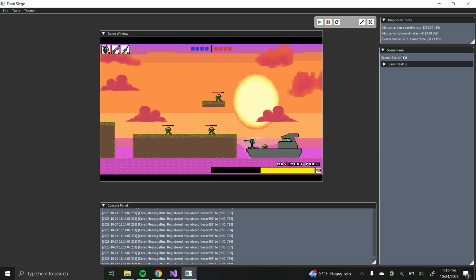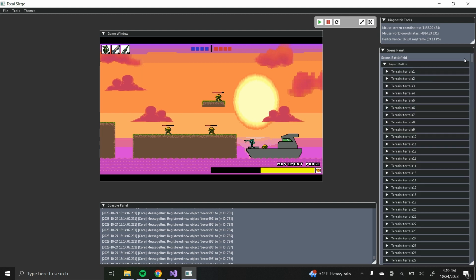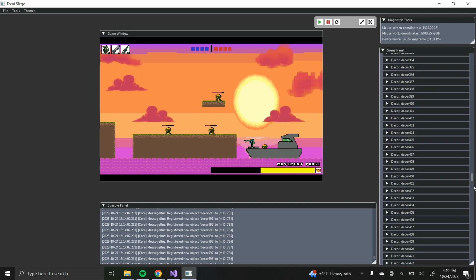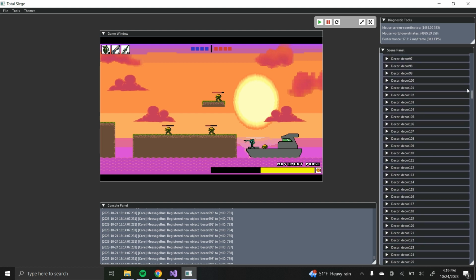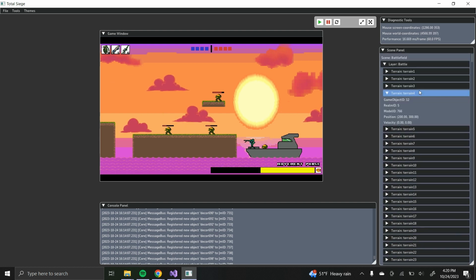When we look at the scene panel here, it says what scene we have currently enabled and all the layers within the scene. This scene only has one layer, but it has a lot of game objects. In each game object, we have different information. Every game object has its own unique ID, and then it may or may not have this other information: realm, model ID,